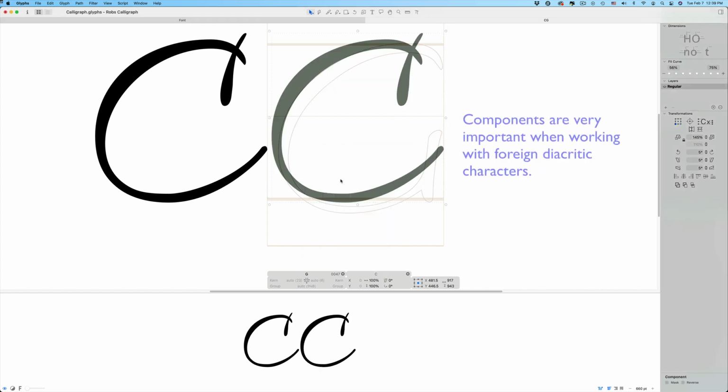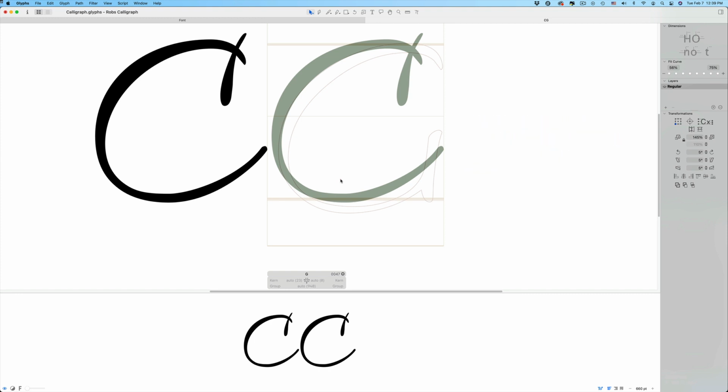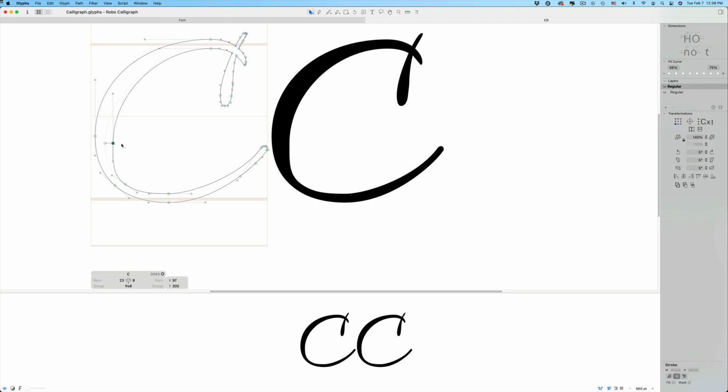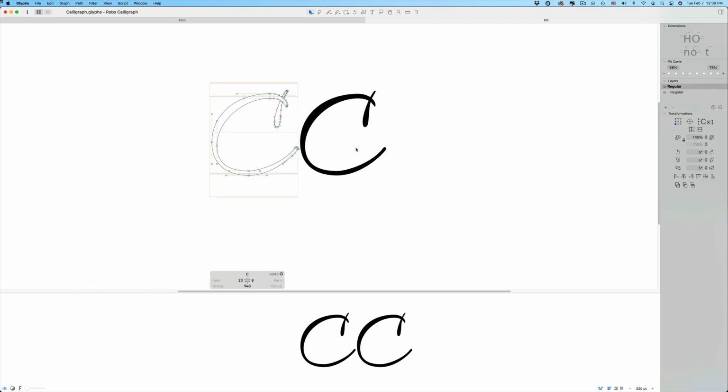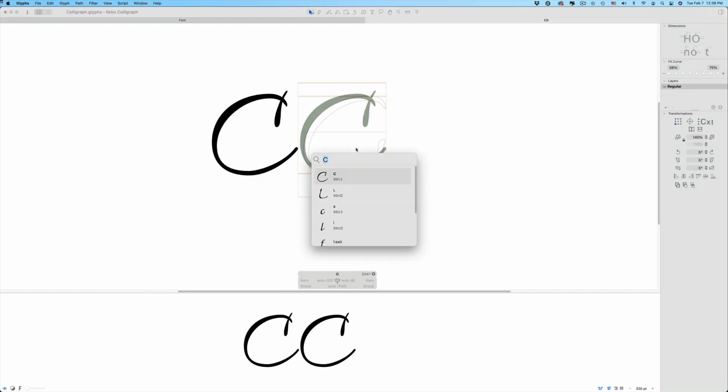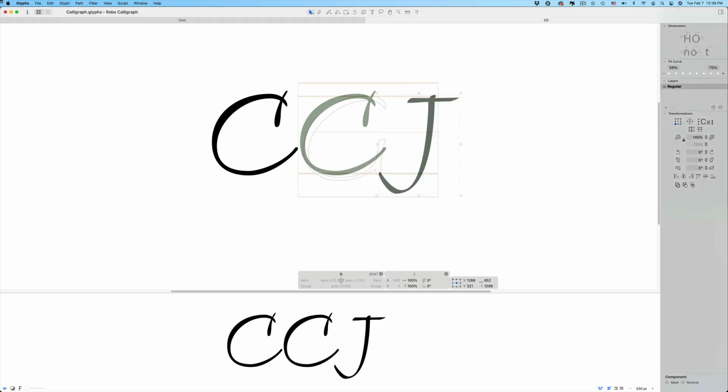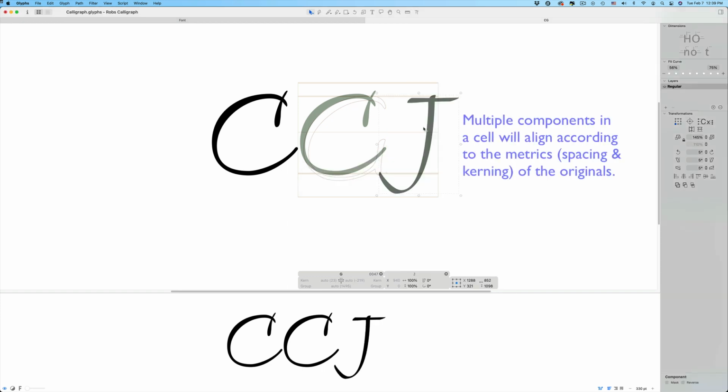Components are often used with diacritic characters. We'll get to that in a bit. For now, I just want you to see that when I edit this C, the linked component in the G is edited automatically. I think I'd like to have a descender on this G. As I did with the C, I'll place a component of the J into the cell. If I try to move this J